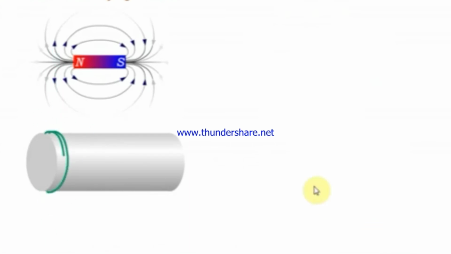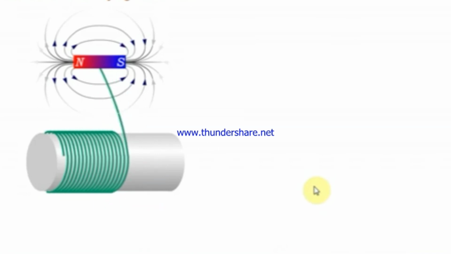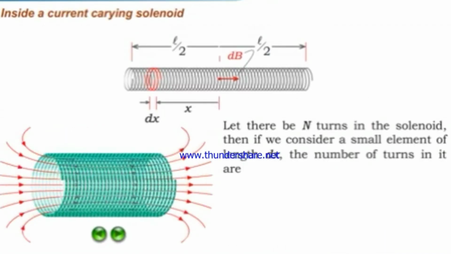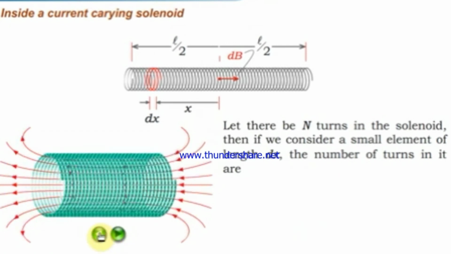A cylindrical coil of many tightly wound turns of insulated wire, with a diameter generally smaller than its length, is called a solenoid. A solenoid has enameled wire wound in the form of a helix. Each turn of the solenoid can be regarded as a circular loop. The total magnetic field due to the whole solenoid will be equal to the vector sum of the magnetic field of each turn. A long solenoid looks like a hollow pipe as shown in the diagram.